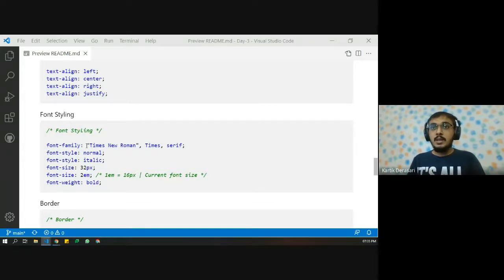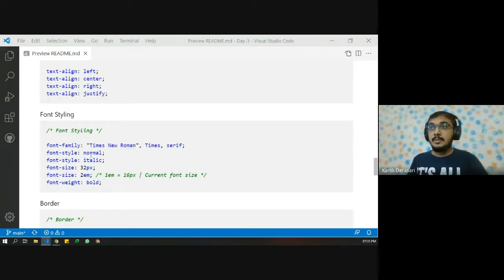You are opening the web page on your machine, and if your machine is not having Times New Roman font, then it will use the Times font. Okay, and if it is not having Times New Roman and Times font, then it will simply use any kind of serif font. So the priority is from left to right.